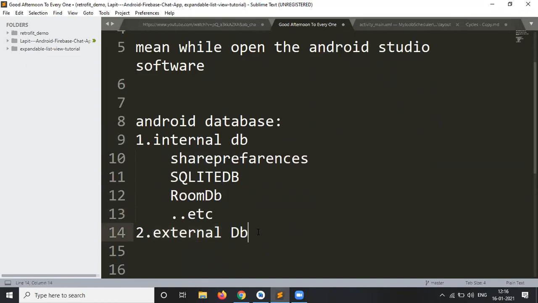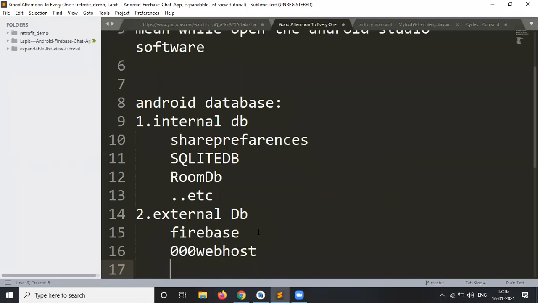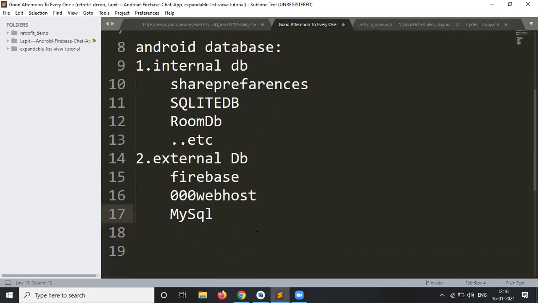What are the external database types? Here we have Firebase, 000webhost, and also MySQL. MySQL has both internal and external, and is also server side, and so on. These are the external databases.